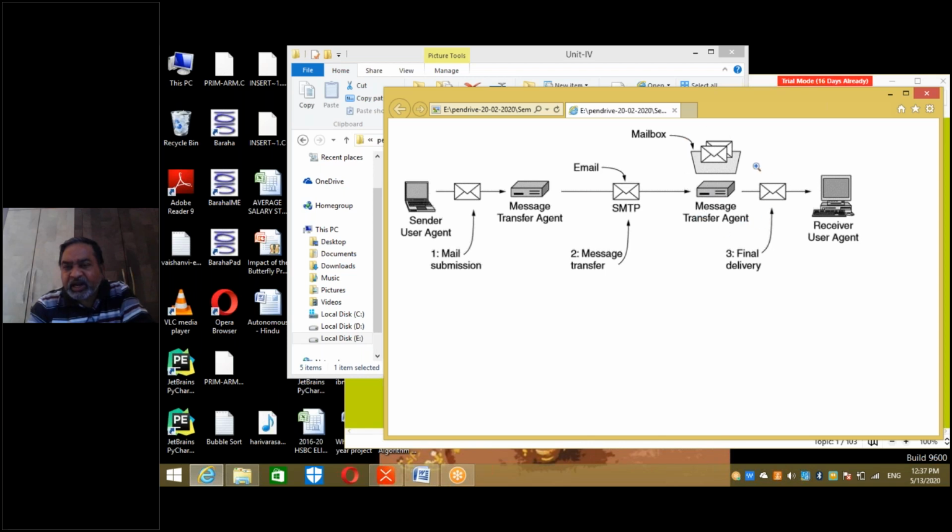Now, what kind of fraud can take place? So this is about client server, right? How many copies? Where are the copies available? At the sender side, sender mail transfer agent, SMTP server. And then SMTP is a routing protocol. Router may have information also, right? And then the server of the service provider, and then the MTA of the receiver, and then the mailbox of the receiver. At 6 points a copy is available.